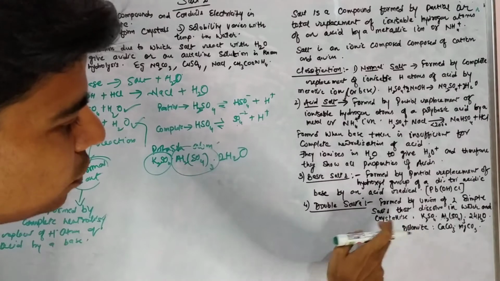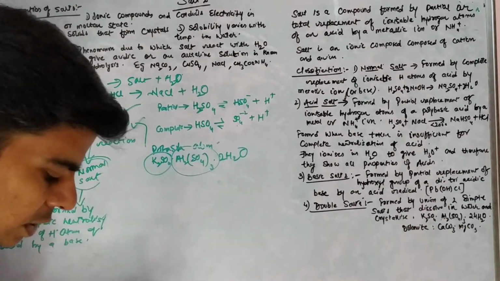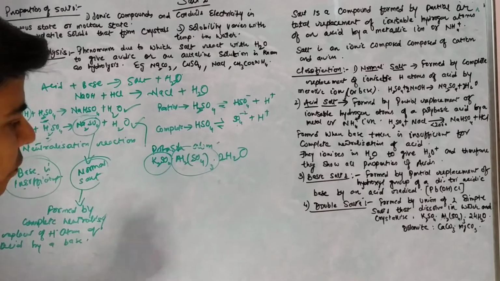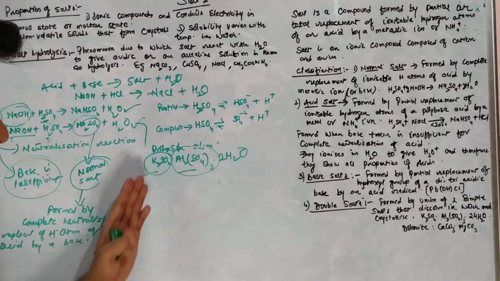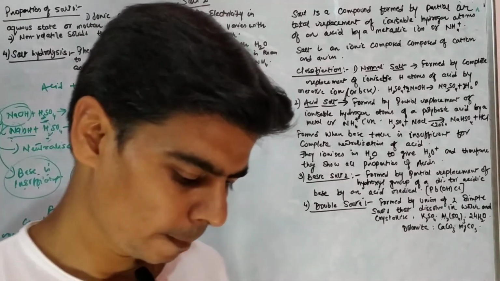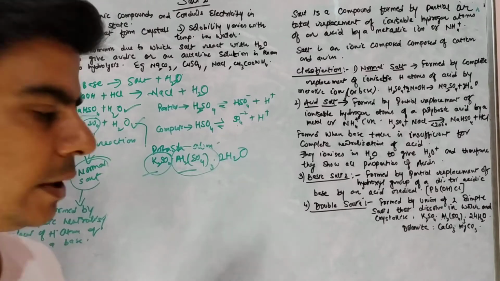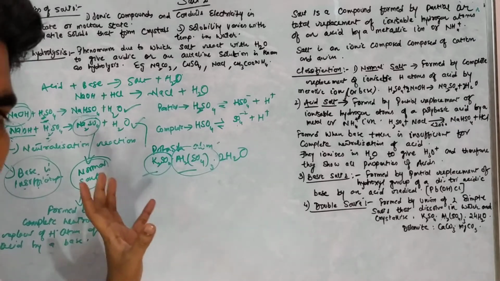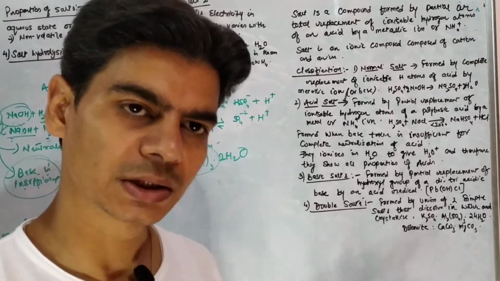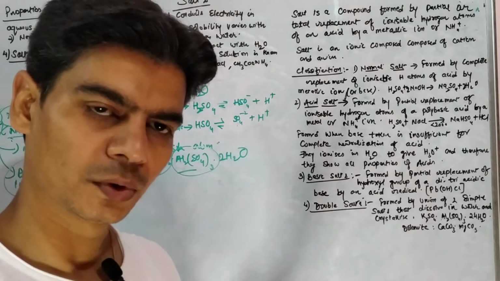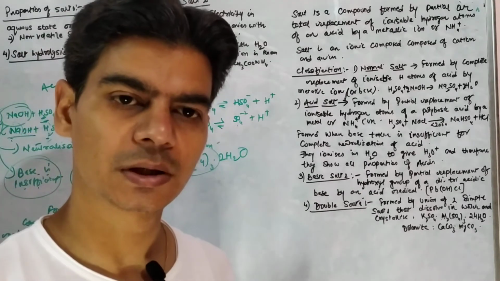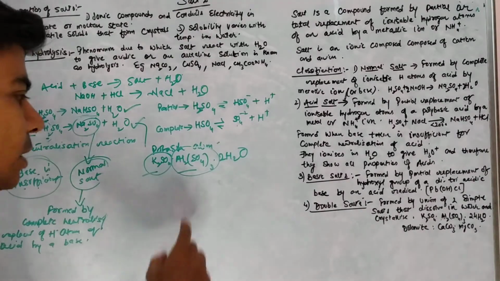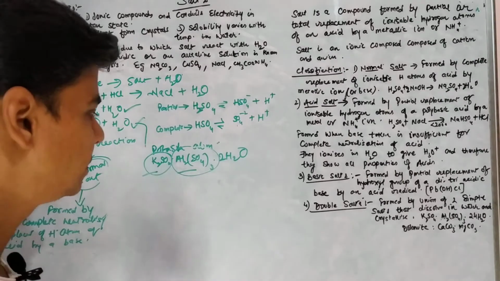It is formed by union of two simple salts that dissolve in water and crystallize. So how do we form this? Potash alum is formed from potassium sulfate and aluminium sulfate. So how do we make these salts? We take a solution of potassium sulfate, right? Generally what we do is we form a saturated solution of potassium sulfate. We take a beaker of water, heat it and keep adding potassium sulfate to it, right, until it forms a saturated solution. Similarly, we make a saturated solution of aluminium sulfate, right?